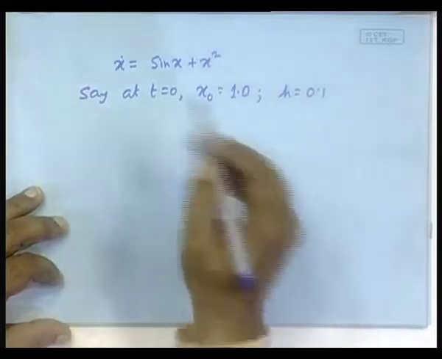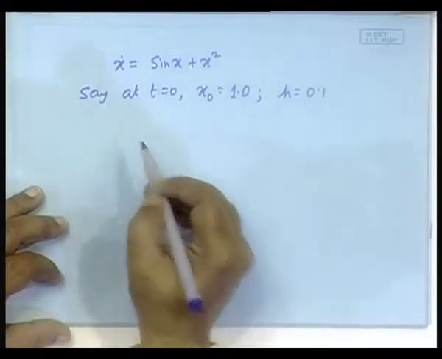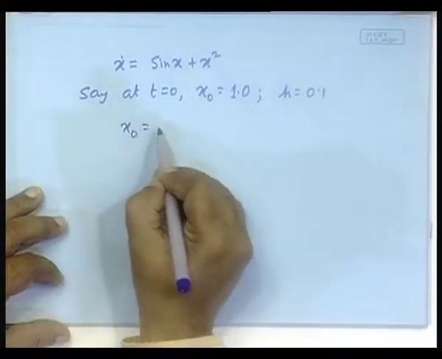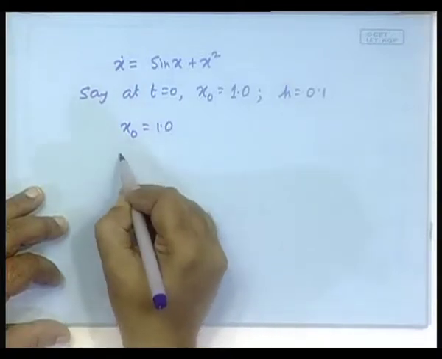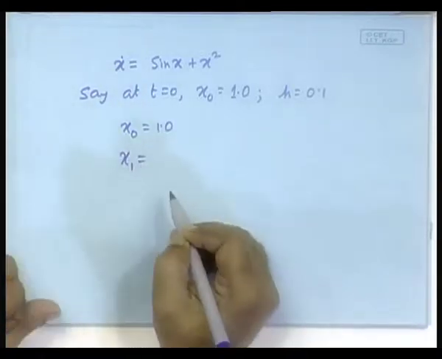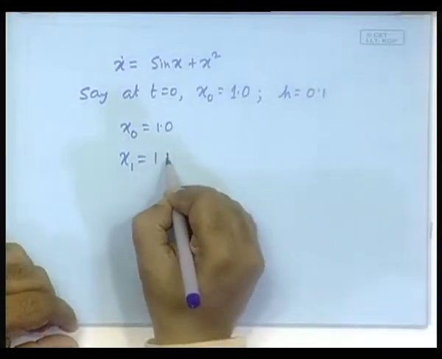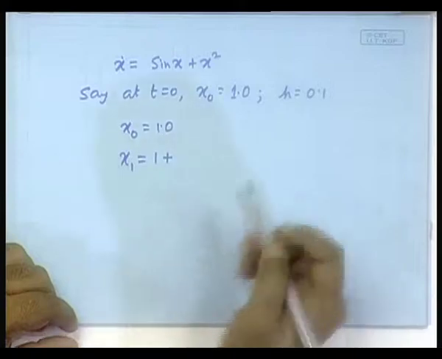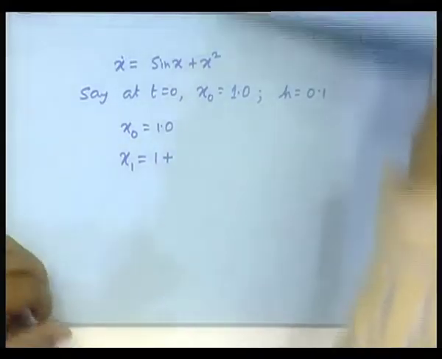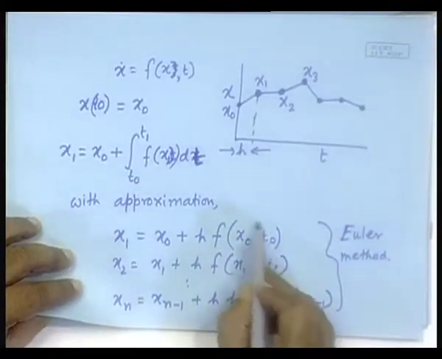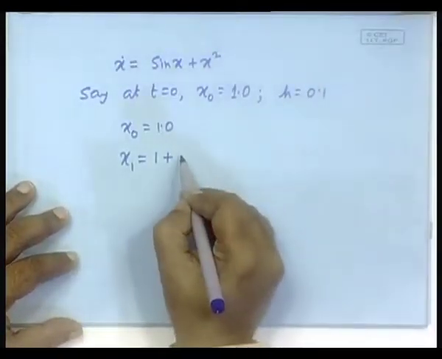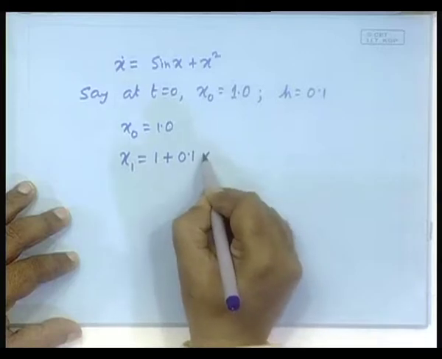Then how would you calculate the first step? We start with x naught equal to 1.0, which we have known. x 1 is equal to x naught plus h times f calculated at the initial condition, h is 0.1 times